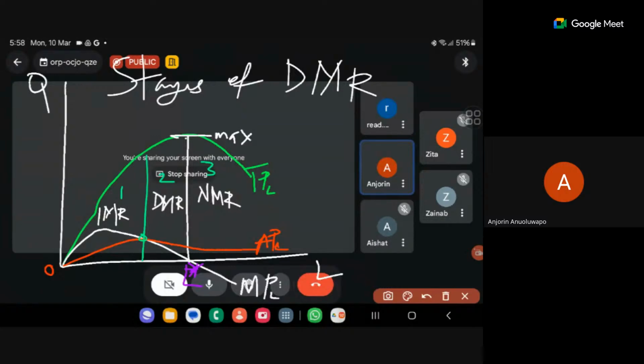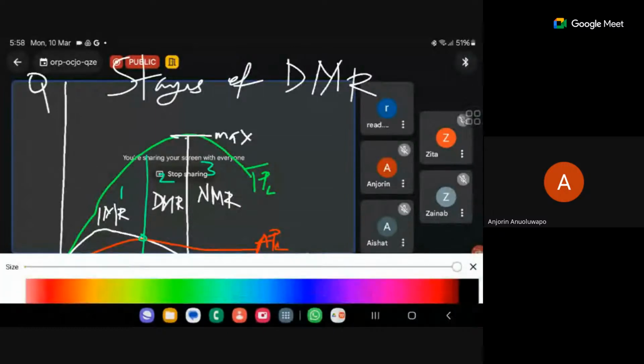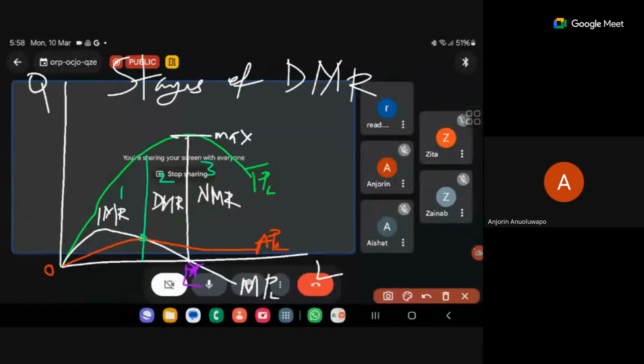So I said for number one, under the first relationship under stage one, TP rises at an increasing rate when MP rises, and at a decreasing rate when MP falls. Let me use the color yellow. Total product first rises as long as marginal product is rising. So TP rises first at an increasing rate. But what about when MP is falling? When MP is falling, TP is still rising, but now at a slower rate. If you look at this area, from this origin down to that point here,